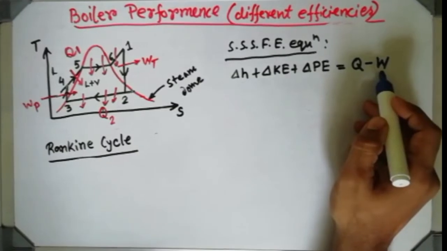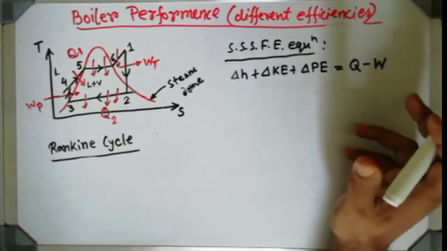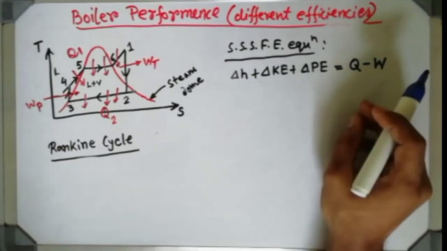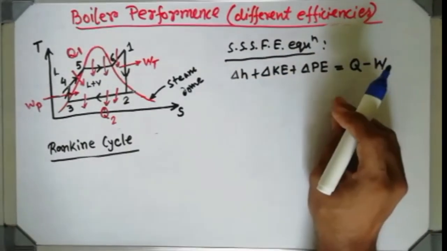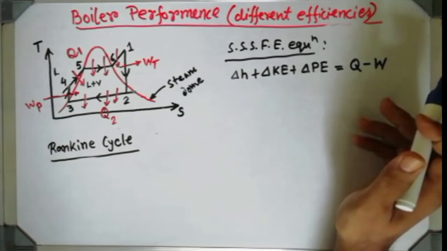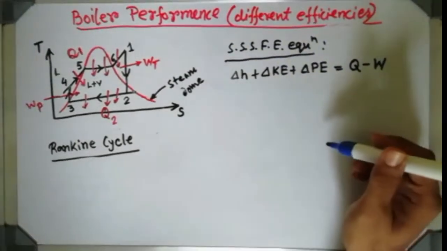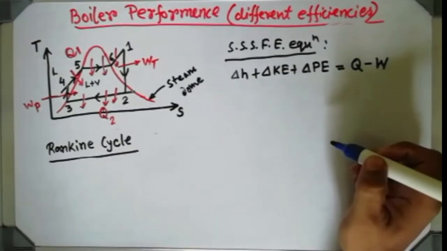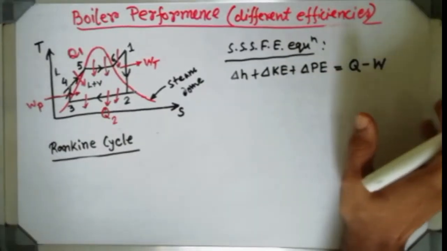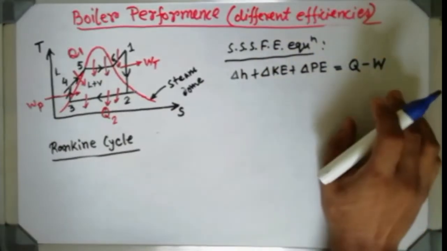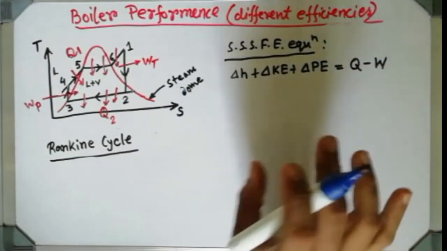Obviously work is produced if you supply some amount of heat. So Q minus W is the amount of net work. Obviously if you supply 10 kilojoule of heat, it is never possible to convert the 10 kilojoule of heat into work. Some amount of heat will be consumed in some other form. It may be wasted in the form of friction. Some heat can be radiated, or molecular energy also can be encountered. I am not going into those details. So that is the equation which is known as the steady state steady flow energy equation.